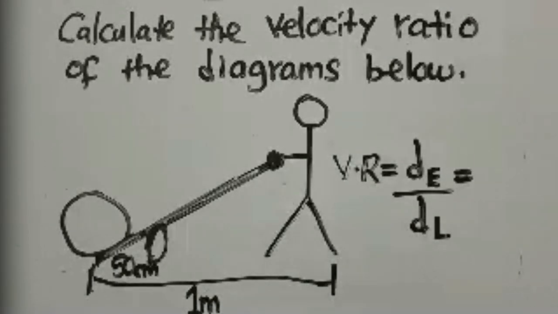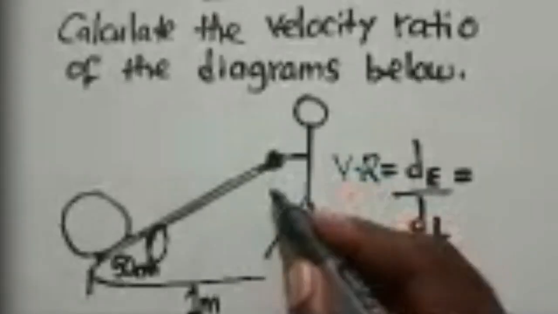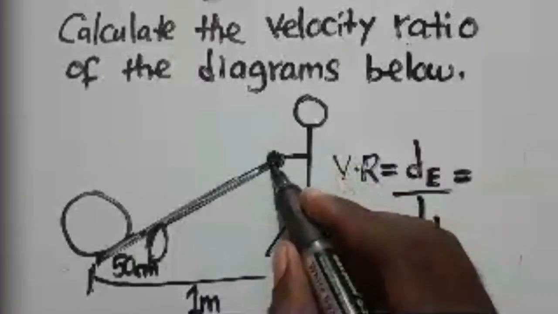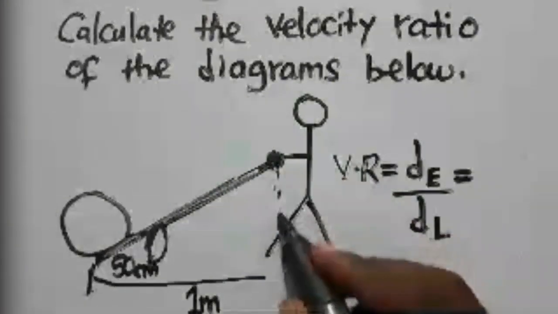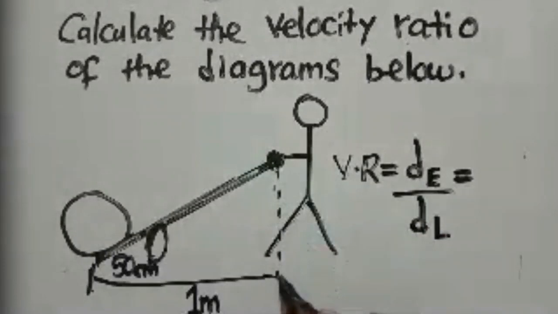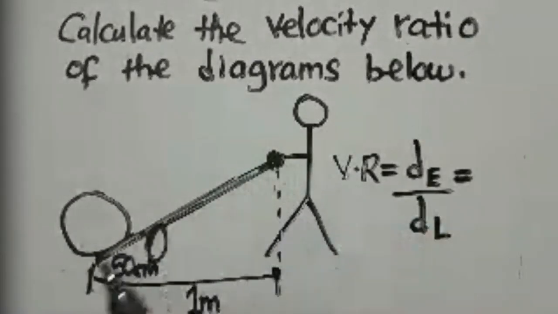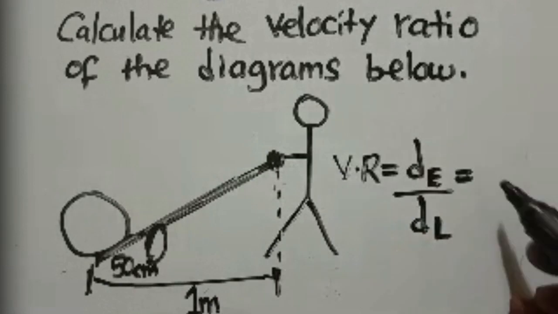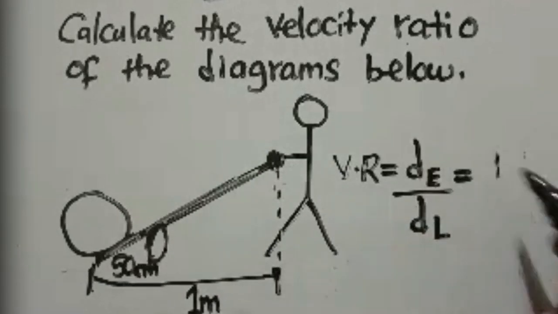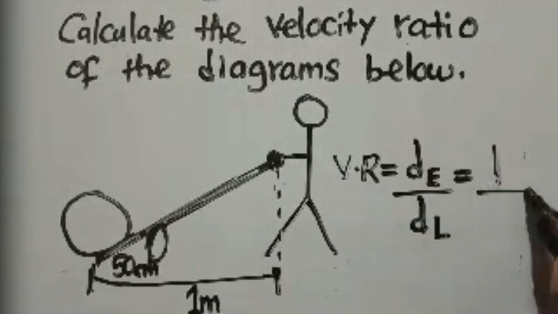So to give you a clear picture, effort is being applied from there. Let me draw a dotted line just to show you. Effort is being applied up to there. So this distance from here to there is the distance covered by effort. So that is 1 meter. So you say 1 over